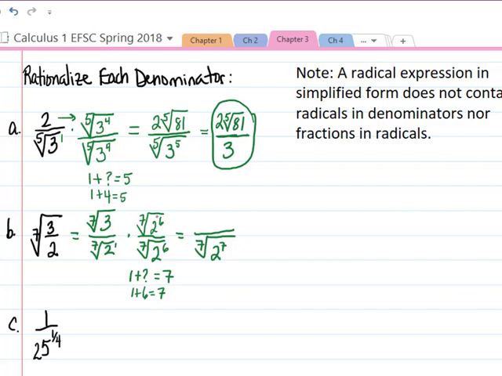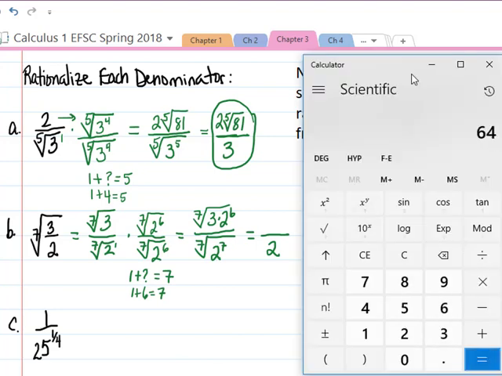Now let's see what's happening in the numerator. We're going to have the 7th root of 3 times 2 to the 6th. In the denominator, the 7th root of the 7th power is just going to leave the radicand 2. And in the numerator, we will have 2 to the 6th power, which is 64 times 3 equals 192 under